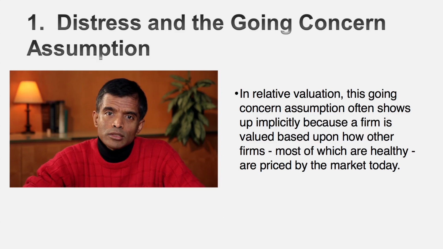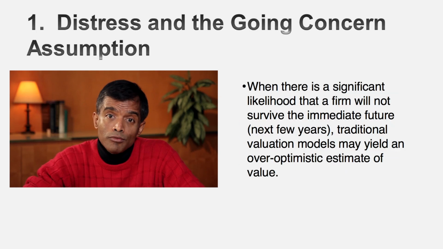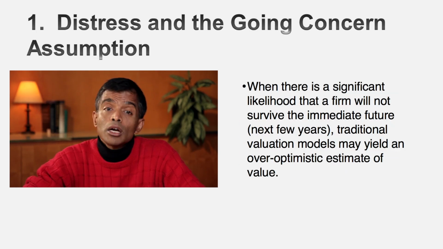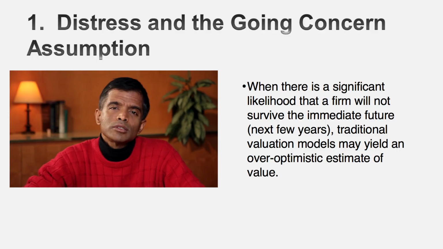When you have distress, and that distress is imminent, I think that you're going to overvalue the company using conventional discounted cash flow models. Because in conventional discounted cash flow models, we're not that great about bringing in truncation risk into our valuation. What's truncation risk? Well, the risk we're very good about dealing with is uncertainty about the cash flows. Is the cash flow going to be 100 or 500? We can bring that into the discount rate. The risk I'm talking about here is the risk that there might not be a cash flow in year 2 or 3 because your company's not going to be around.